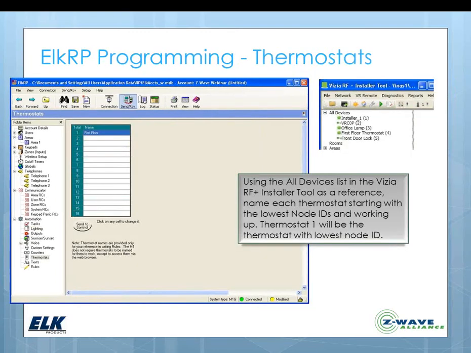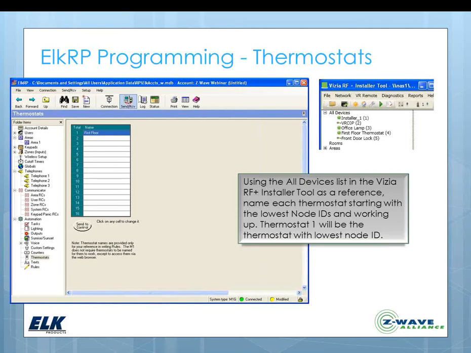So if you have thermostats, they're not being added to the lighting screen, how do you address those? It's pretty straightforward. If you look here on the screen, we have a first floor thermostat, which is our node number 4. The lowest node number, and working up from that, if you have multiple thermostats, is going to be thermostat 1, and then 2, 3, 4 sequentially on through the 16 possible thermostats that the M1 can support. So our lowest node thermostat here is node number 4, which is going to map to thermostat number 1